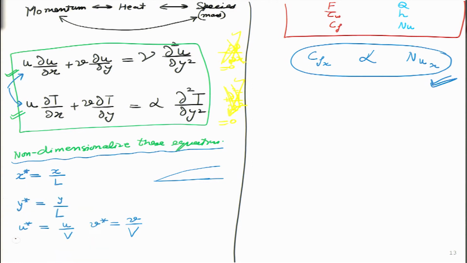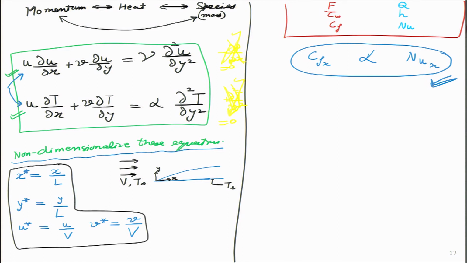The coordinate system I will put, this is the x direction, this is the y direction, and this is my free stream velocity, which I can write as V, and the free stream temperature is T infinity. The temperature of the surface, which in reality could be a ship or some cardboard or anything which is submerged in the fluid, it could be an aerofoil as well. So, these are the types of non-dimensionalizations that I am going to do. So, I will put a box over here,